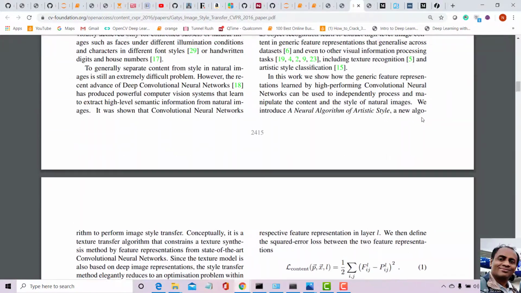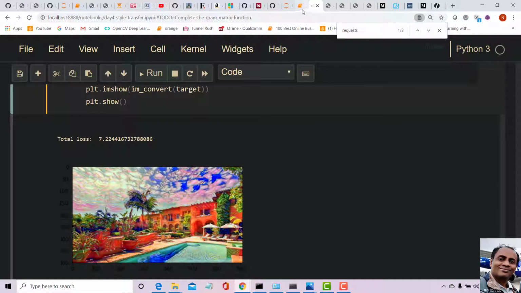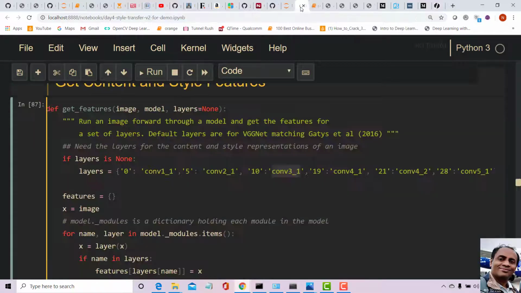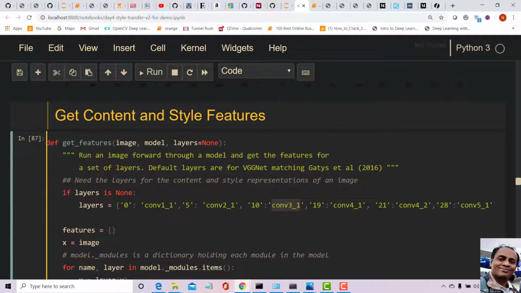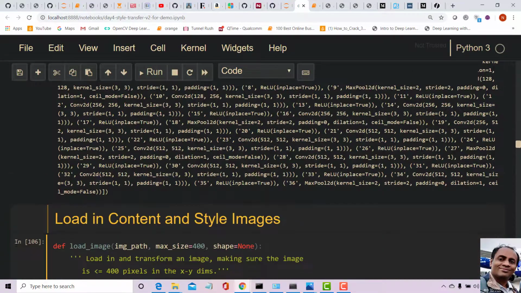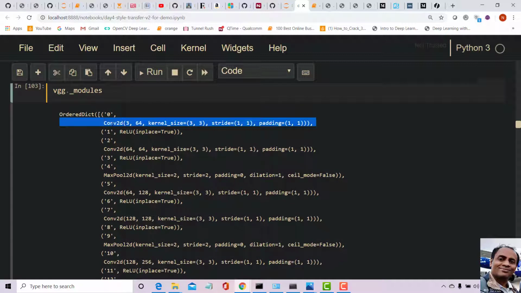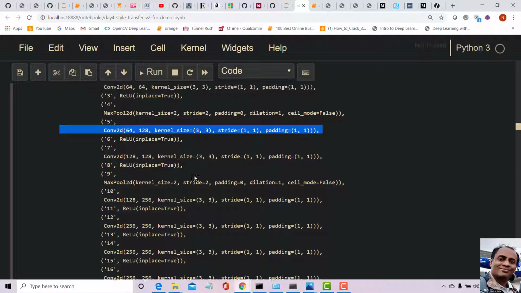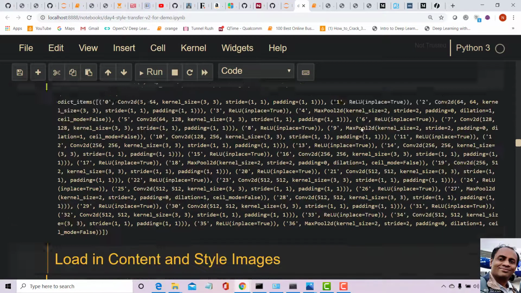And one more thing you need to understand, coming back to our program, is here, see, these are the layers, right? 0, 5, 10, 19, 21, 28. We're only going to deal with these layers, although we have like 36 different layers, but we are only interested in 0, 5, 19, all the ones that I have listed.